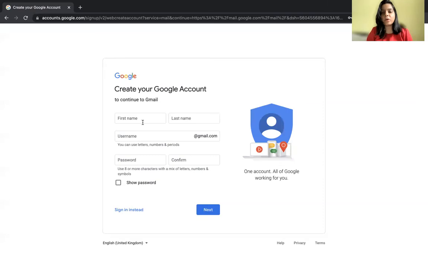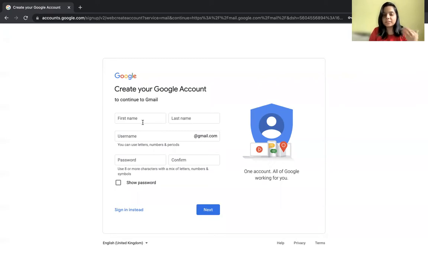Now the second can be, if I entered a username which is already existing with some other person. For example, I am a user, my name is Pooja Gupta, and I have a username for a Gmail account, let's say omnidev60. Now somebody else wants to have the same username, omnidev60@gmail.com. So what is the expected result? The expected result is that it should throw me an error that this username already exists, right? So this is another test case too.